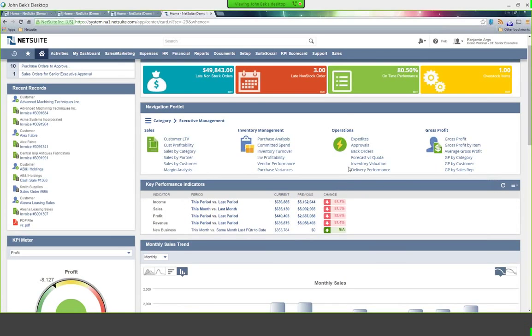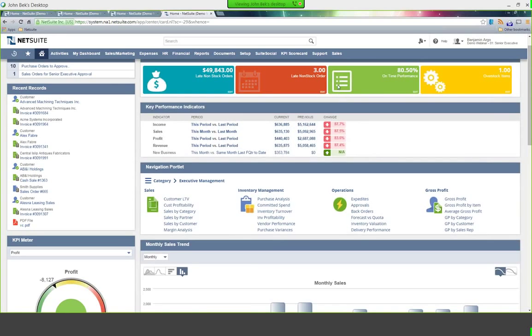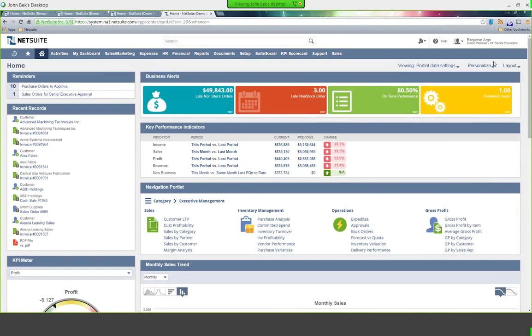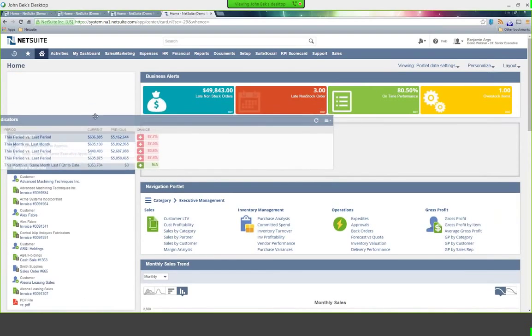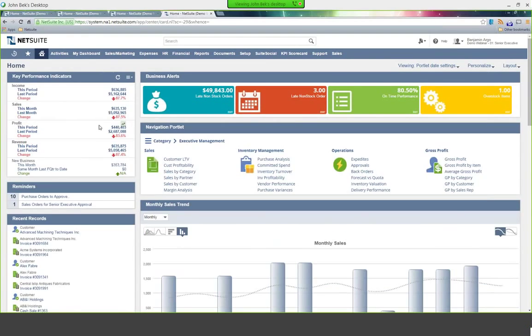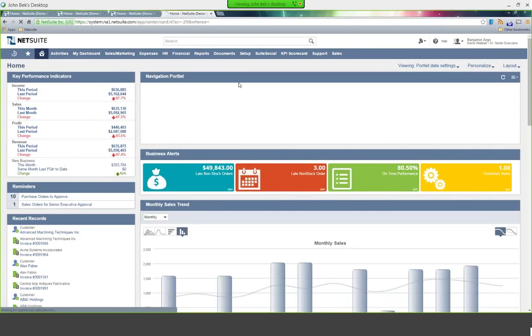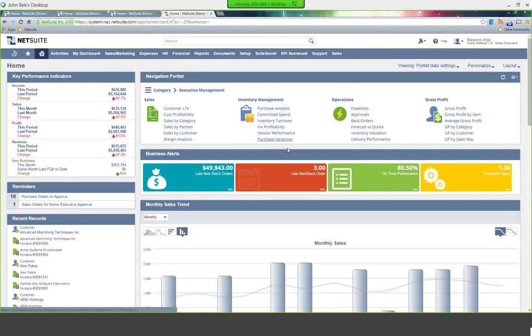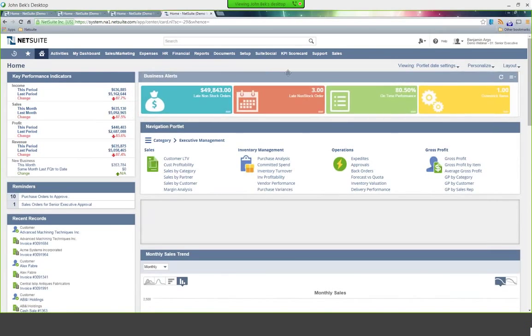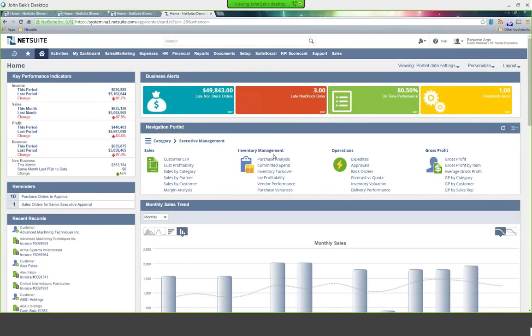Each of the views that you're seeing here, you can move around. So I can drag each one of these and put whichever one that I think makes the most sense up top. I can move them over to the side if I wanted to. So if I wanted my KPIs over here on the upper left, I could do that. If I wanted my navigation portlet up here up top, I could make that change as well. So easy to customize the look and feel and the type of information that is important in your business for you to see. So that's a quick overview of navigation on the dashboard and being able to flow through the system.